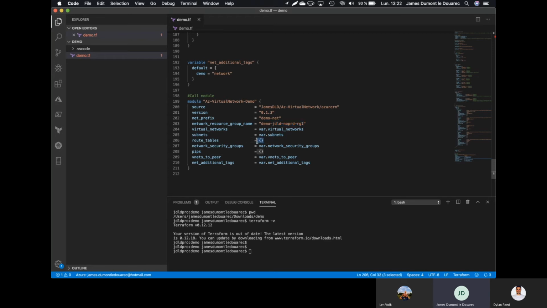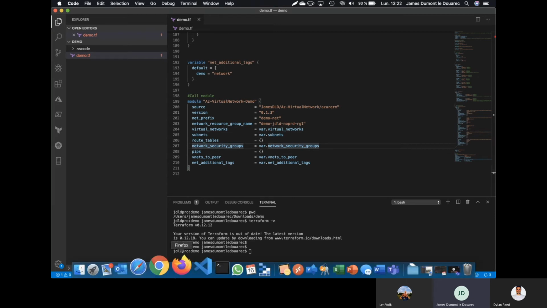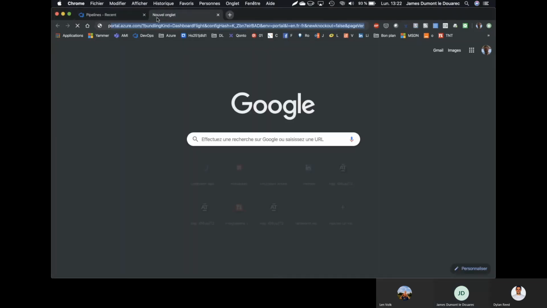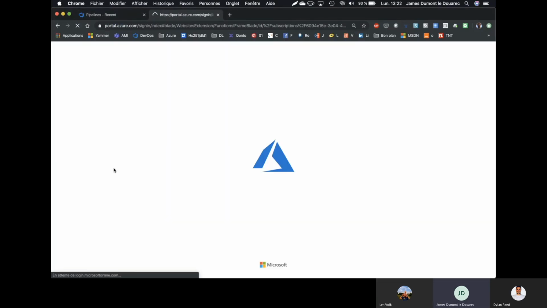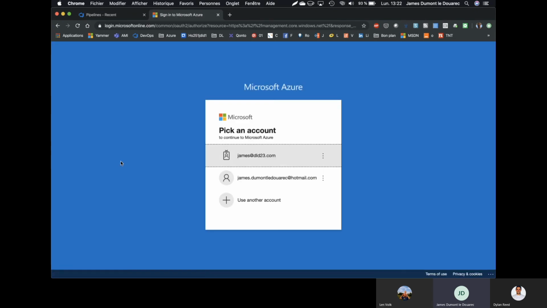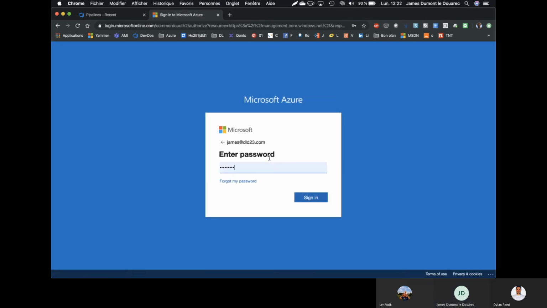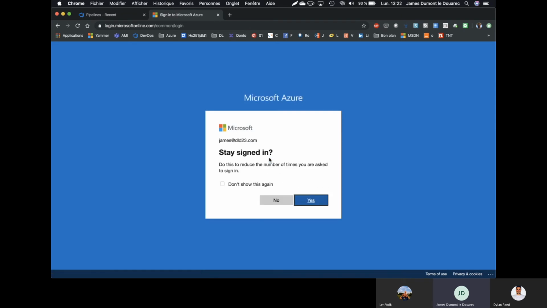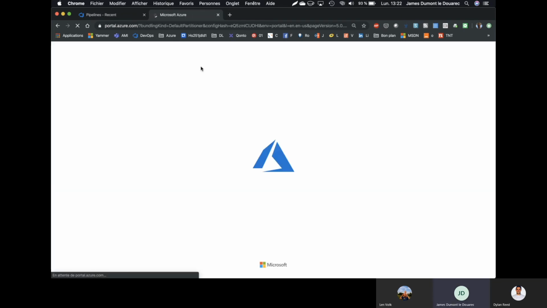Here, I don't want to create any route table, nor any public IP address, but we will create a virtual network, a subnet, and a network security group. I will go through my Azure subscription just to have a look at it to show you that my resource group is empty.